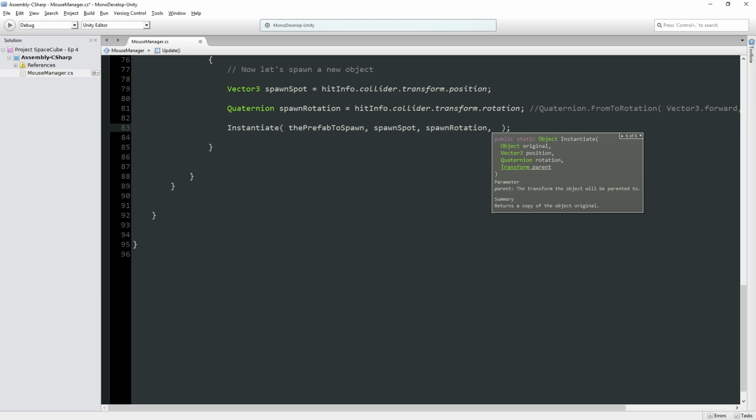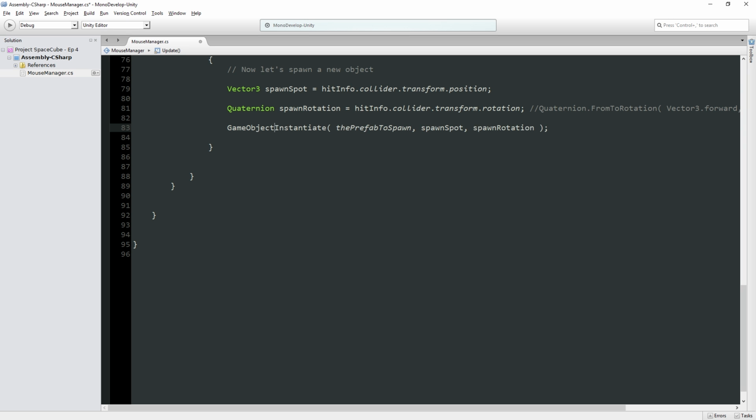You can add an extra parameter to instantiate. I don't think this was present in older versions of Unity, but I think I'm on Unity 5.4. I don't know when they added this. You can specify a parent here. If for some reason you're in an older version of Unity, and assuming I'm right that that wasn't a feature,